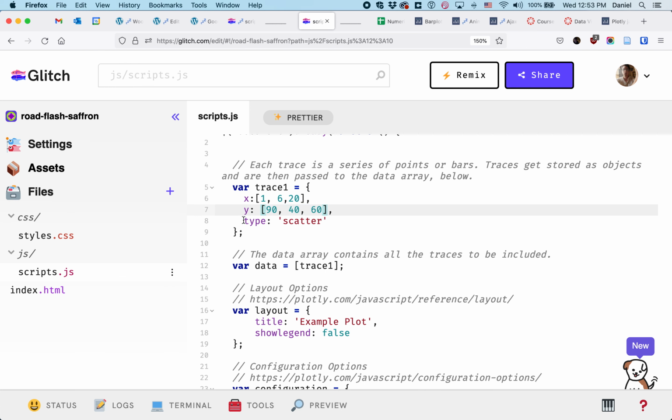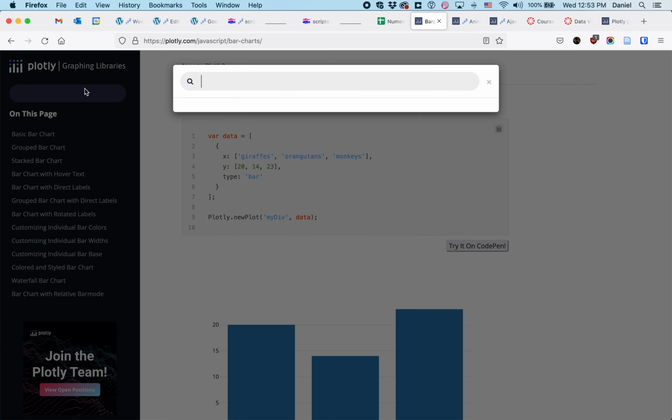And then I tell it what type of trace this is, or what type of chart, or what kind of marks I'm going to be putting on my XY grid. And I say that this is a scatter, okay? And in Plotly, if you want to get used to